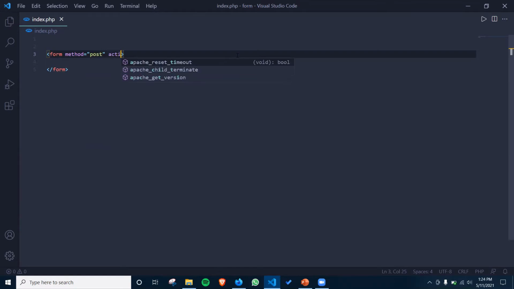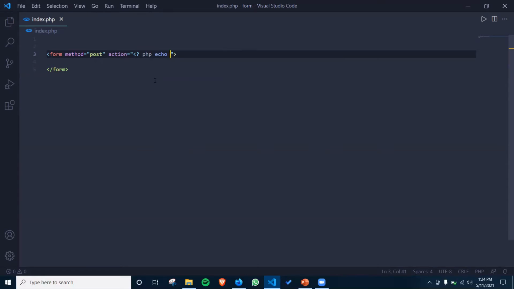The action means where this page goes to after submitting this form. Here you can write the index.php file, but I am writing some PHP code. So echo